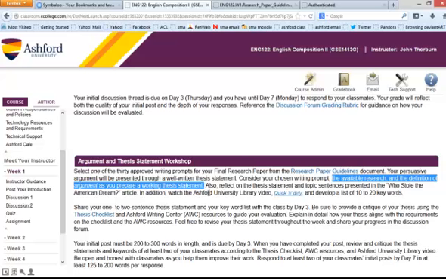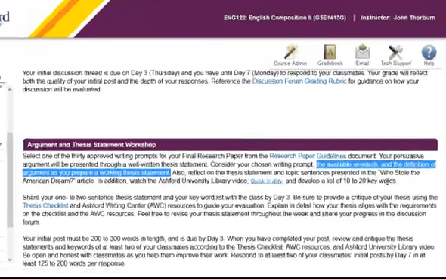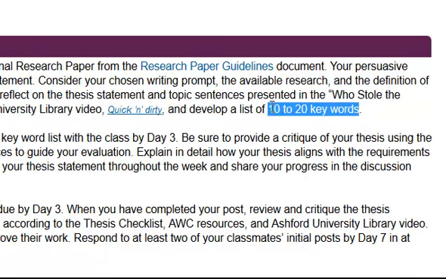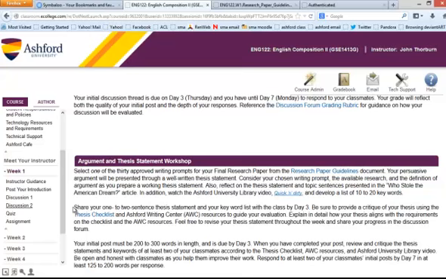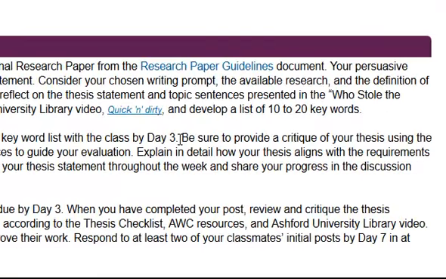Also, you'll need to watch the Ashford University Library video entitled Quick and Dirty, and develop a list of 10 to 20 keywords that you can look for when you're searching for material to support your point of view in your research project. Ultimately, in this discussion board, you'll be sharing your 1 or 2 sentence thesis statement and your keyword list with the class. That's what you'll be producing in this discussion.